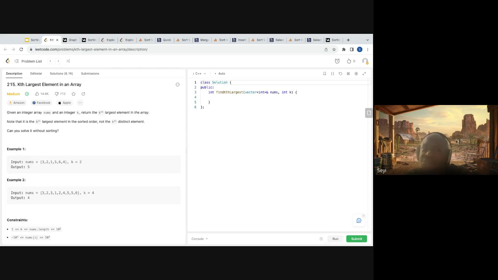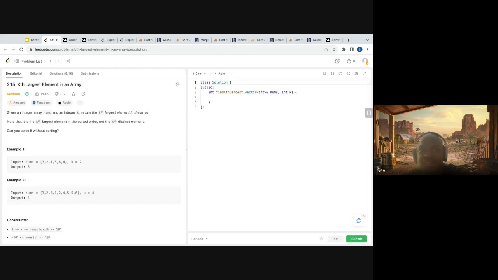Let's see, can we transform this problem into something else? We know that if we change the input by sorting it, that will work. If we dump it into a stack, does that help us? No. Dump it into a queue, does that help us? No. Dump it into a hash table. It can help us, but it might be very bad. A binary search tree, definitely.